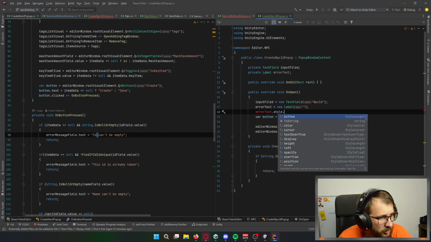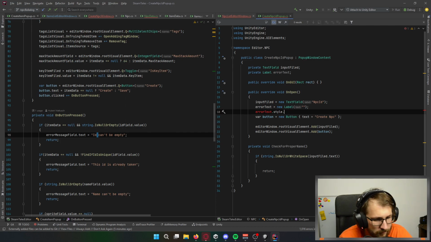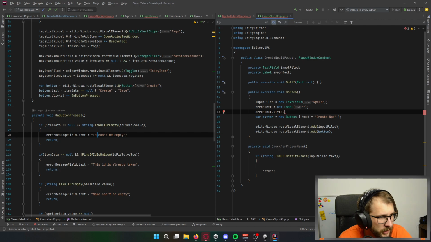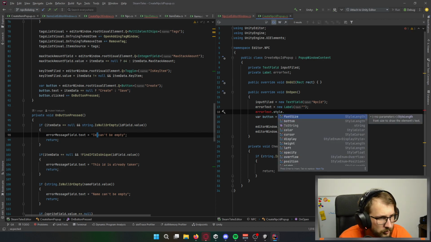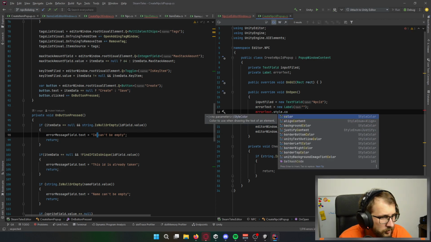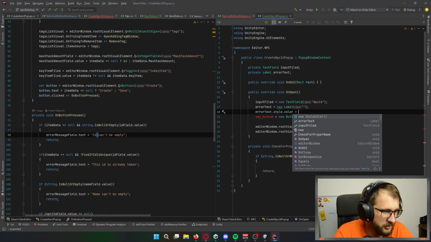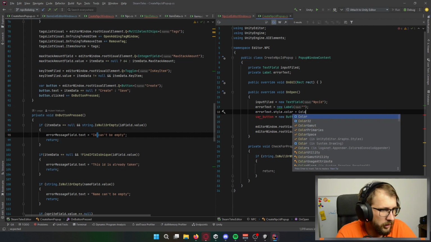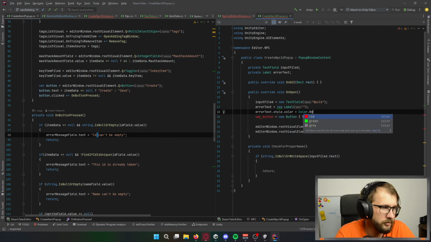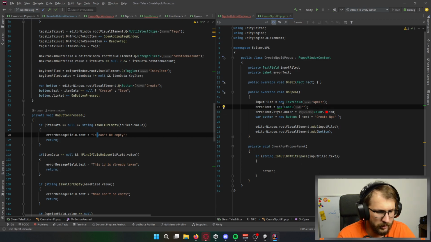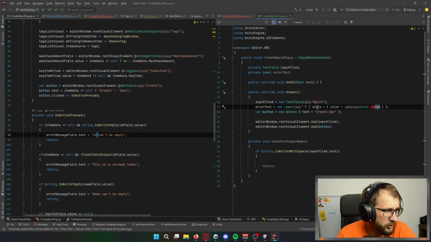So it's style, font. No, it's not a size. Of course, it's just a color. Why name everything the same? Color, that's red. I don't want to care about it. Okay, I can use it like that, not a problem.